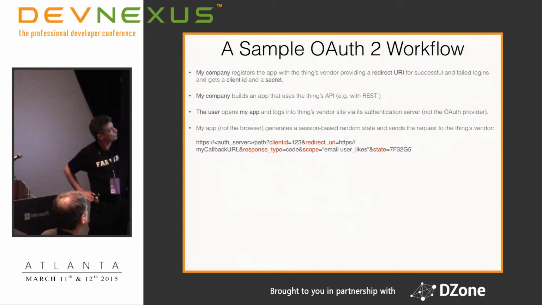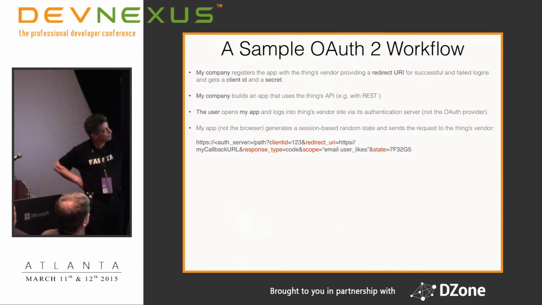So our server connects to this device's authorization server. Client ID, I put 123, that's the one that was given for our application forever. Redirect URI, the one that we got approved by the vendor. And then we said response type equals code. It means it's the first communication between our application and the authorization server. We say, we are planning to get a token from you, but it's not a token yet.